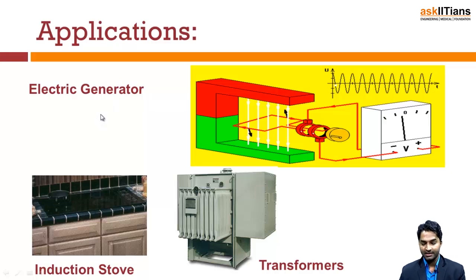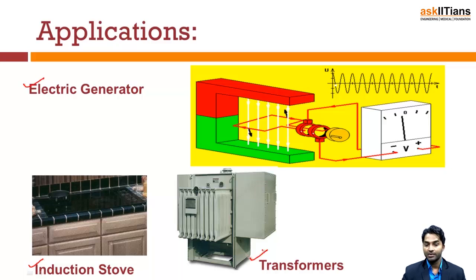So the first point is related to the electric generator. We know that an electric generator contains two parts, stator and rotor, and the rotor is rotating inside the stationary part. The same phenomenon is involved with the electric motor. Also we will discuss our induction stove,